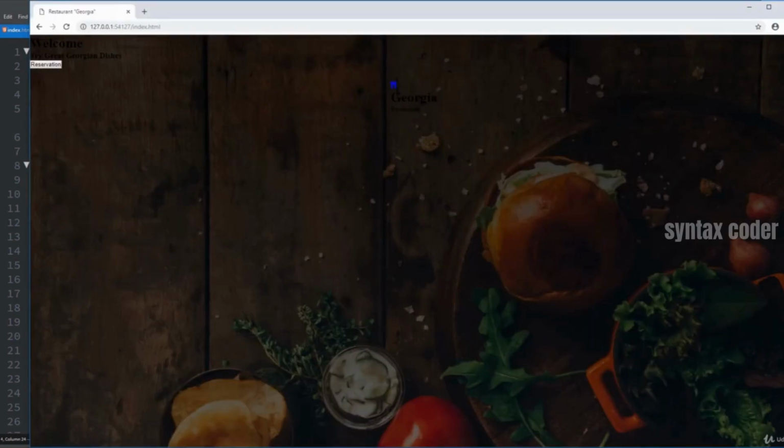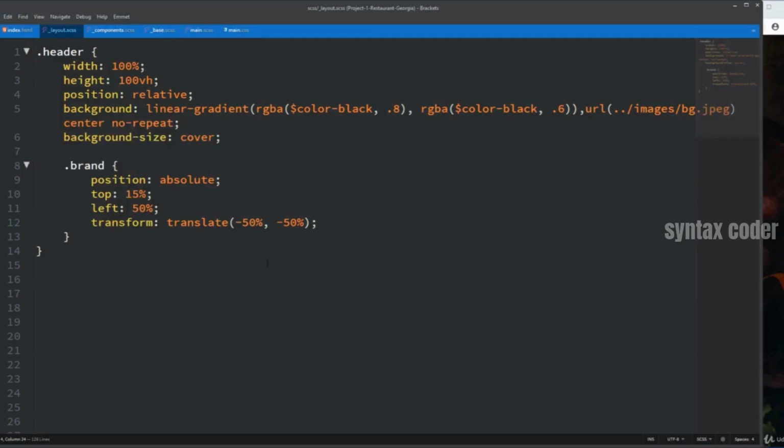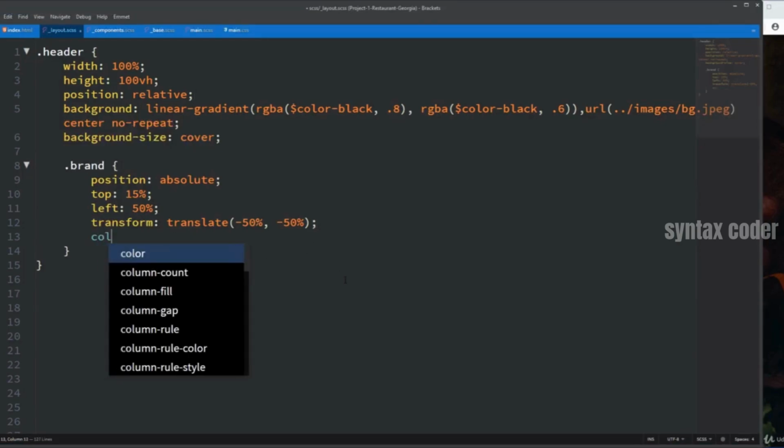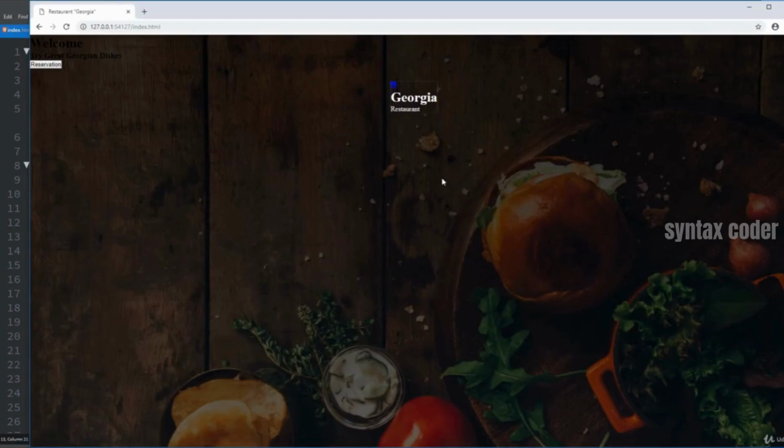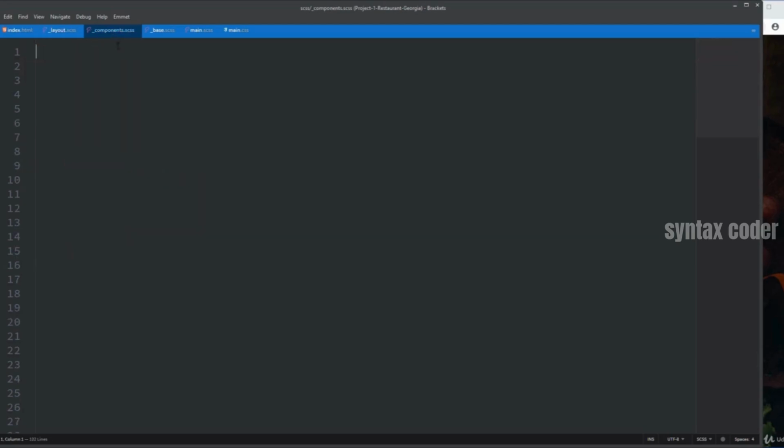So brand is centered, but actually it's not quite visible. And in order to fix that, let's define its color as white for a while. So brand is positioned fine, and now we have to style elements of it. I'm going to start with logo. Actually logo and those names will be used in another section as well. Therefore, let's place them in components file, select logo,